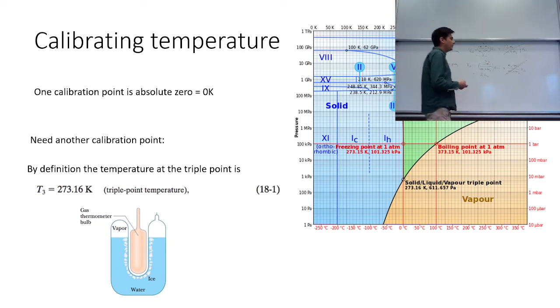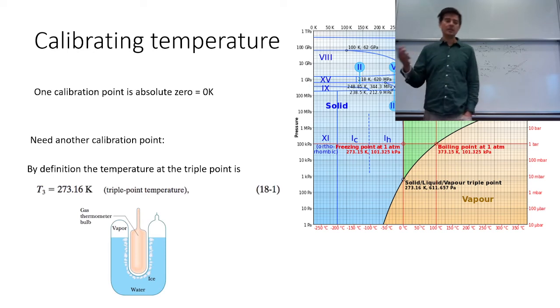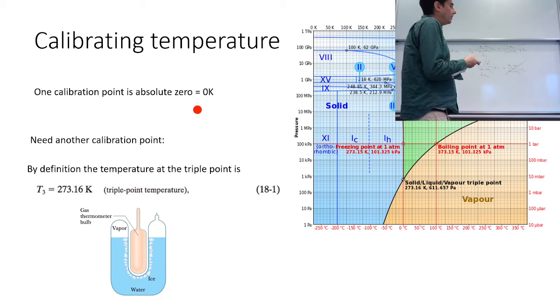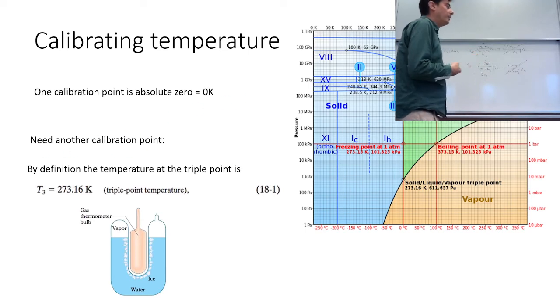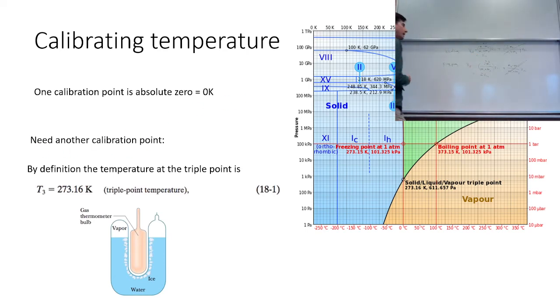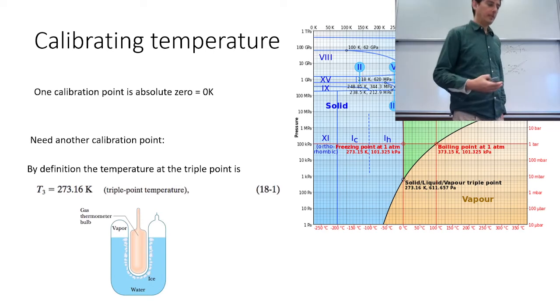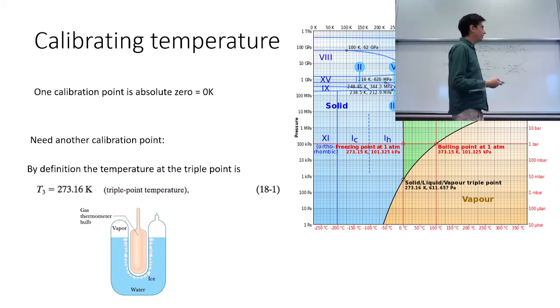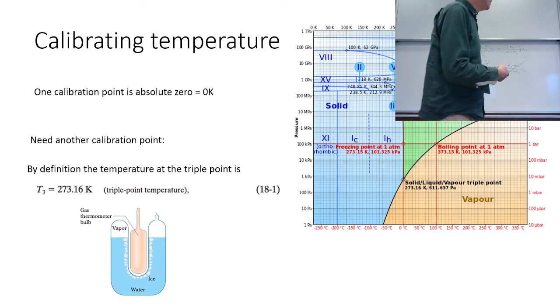If you knew that there's such a thing as absolute zero, let's call that zero. Now we need another calibration point, and of course this is not historically how it was done. It was worked out through many different iterations, but a very nice calibration point that you could use is the so-called triple point of water,